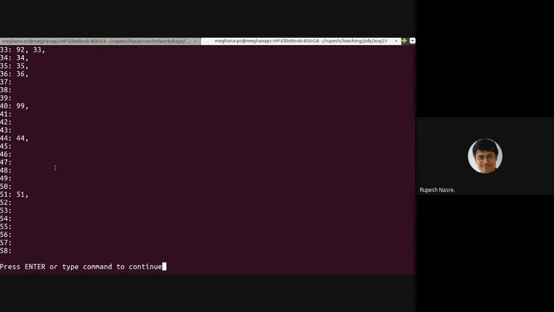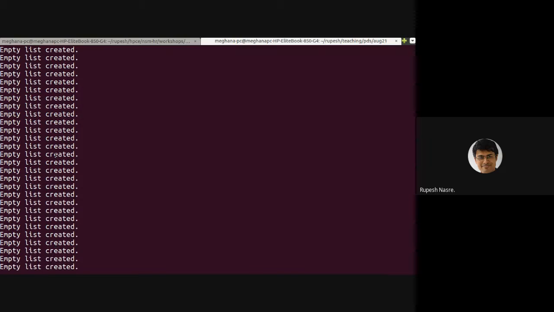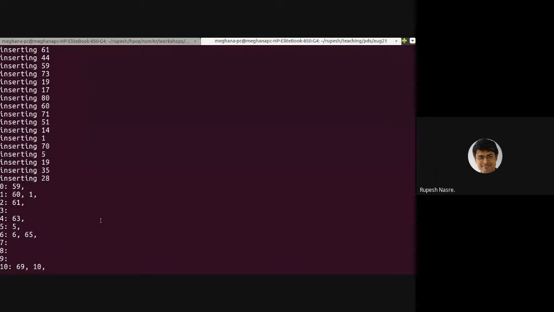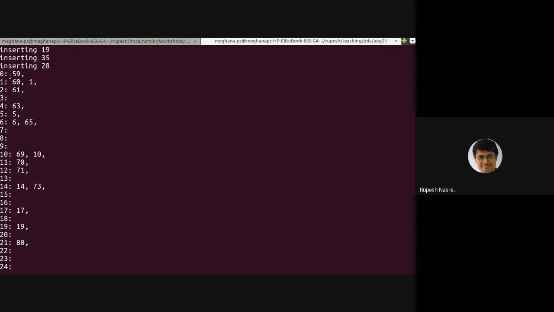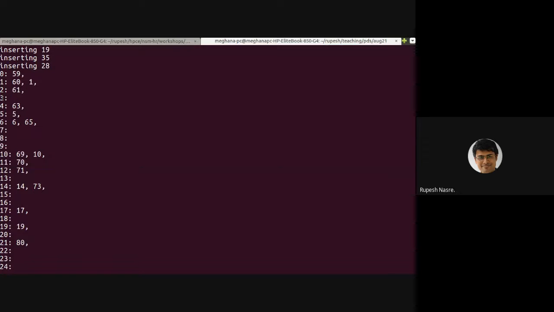Then it will print the empty list created that many number of times, right? So 59 times, then I'm inserting some 30 elements. And then if you look at the distribution, now there are more entries which have some elements, so fewer entries which are empty.